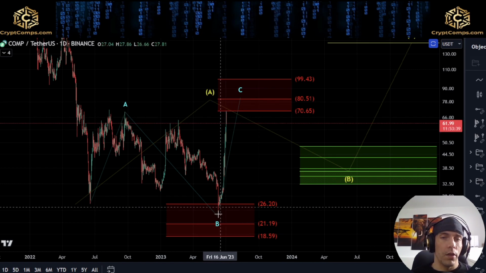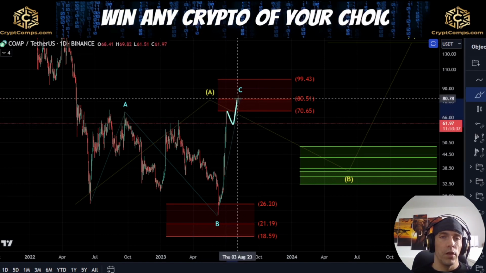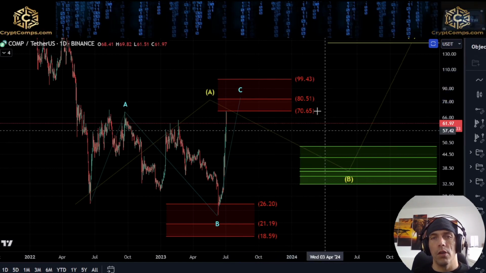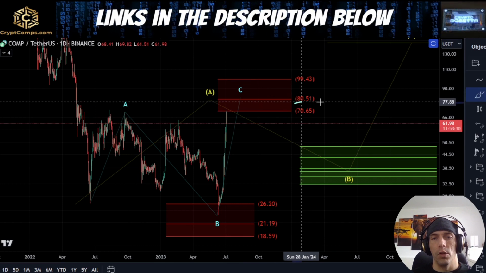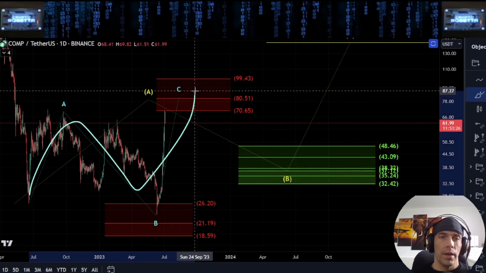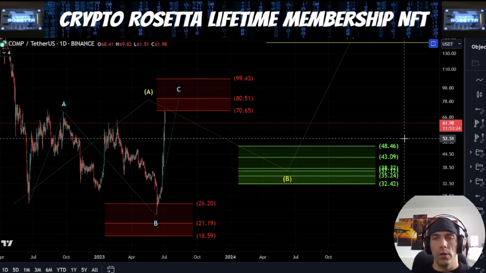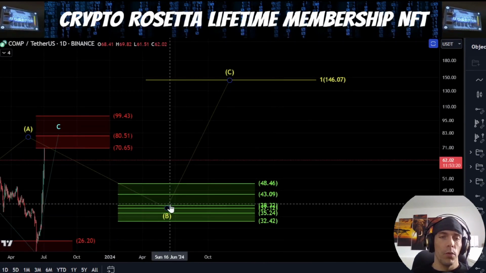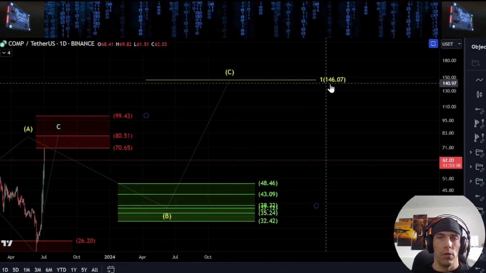Though my count is actually saying that we could potentially still see an additional 4th and a 5th. So I'll be keeping an eye on these higher targets if we do actually look to continue up here, this 99.43 to this 80.51. If we do complete this as a flat, like I said, we could actually find support lower down here between this 4.846 and this 3.242 before looking for that possibility of continuation to the upside,